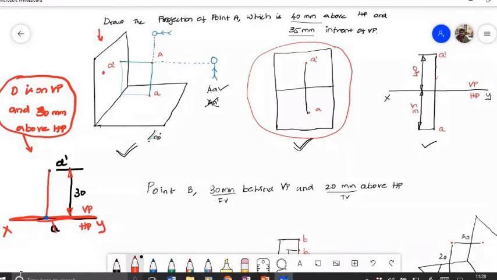Okay. With this, I am closing today's class. In the next class, we will see the projection of lines, okay? Sir, when we assume that the point is in the second quadrant, then we will have to mention HP and VP above the XY line. Yes, only this will change, but the point will not change. Yes, sir. So any doubts? Any other doubts?